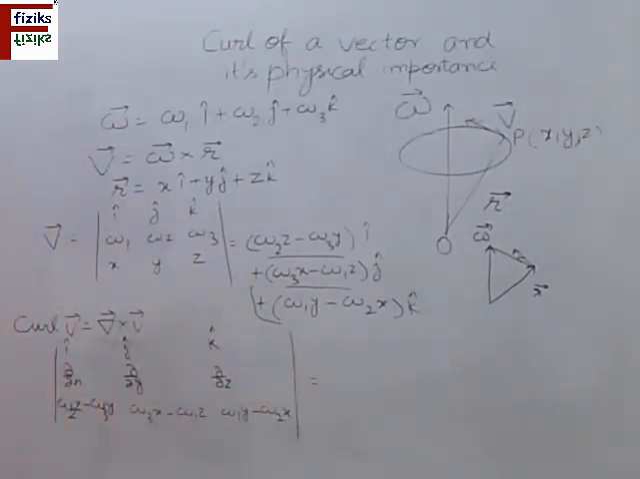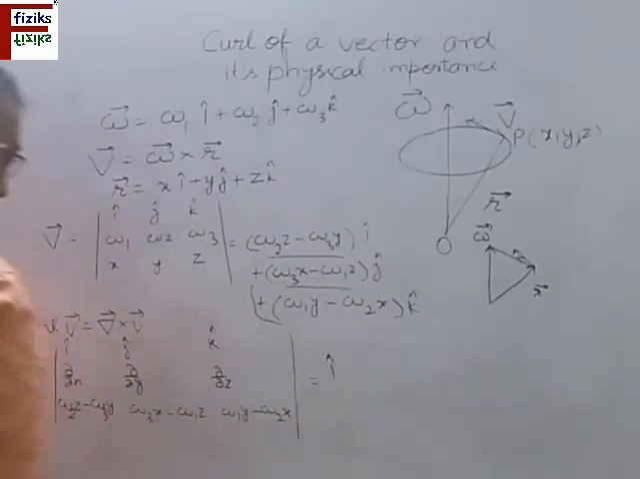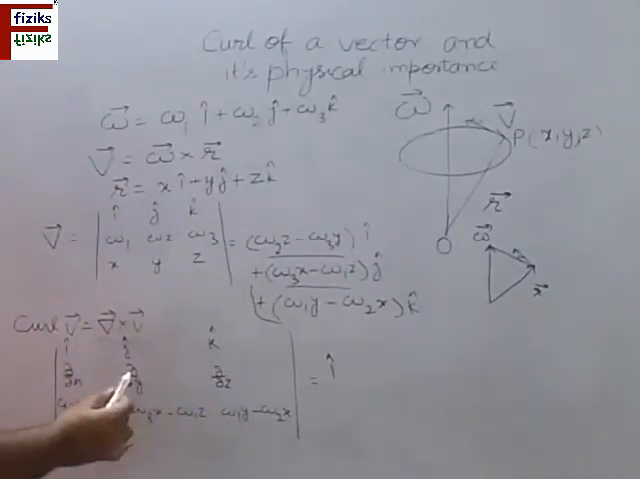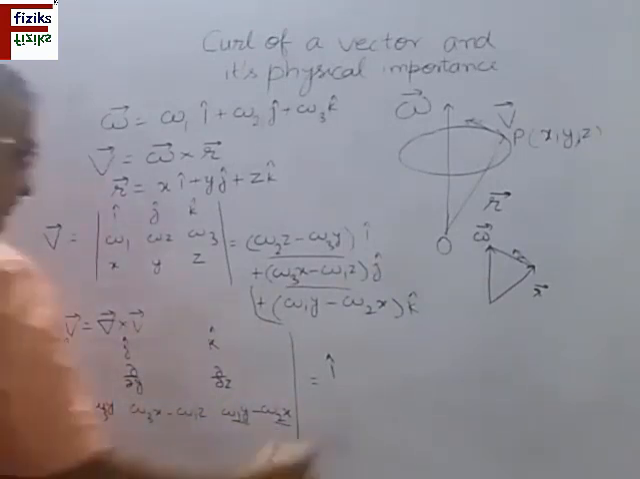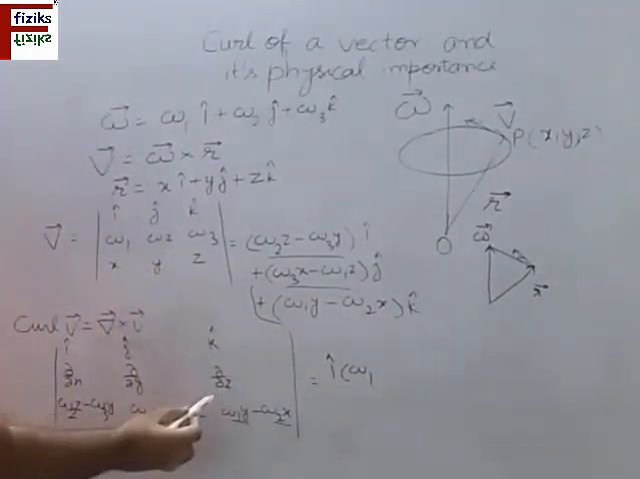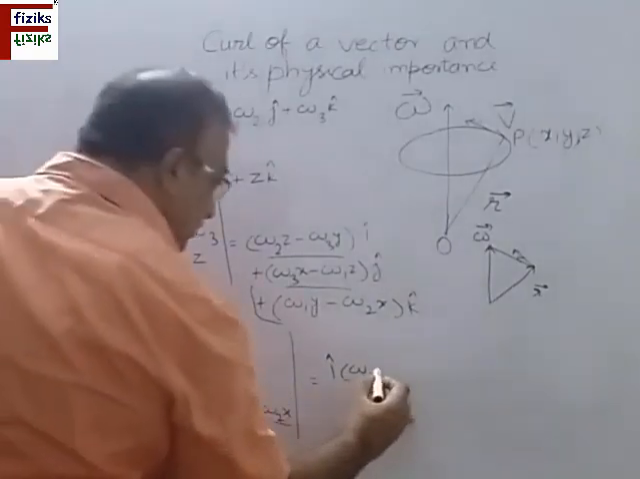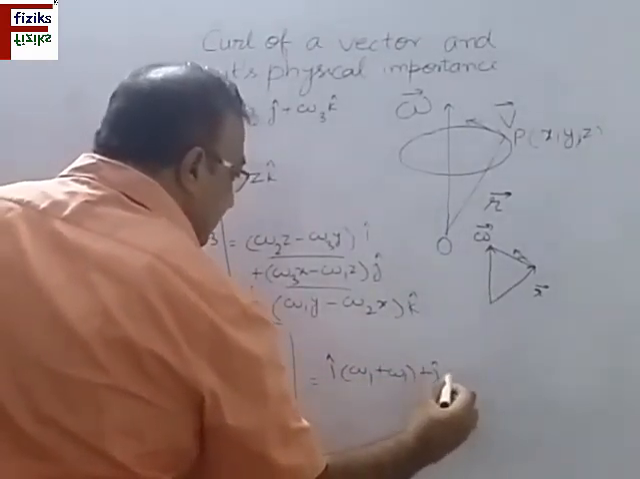So if you calculate this, you will find that this is equal to i into del by del y of this. So del by del y of this is omega 1 only, as this is a function of x. So omega 1 minus del by del z of this. So this will be minus omega 1. So this will be plus omega 1 plus j